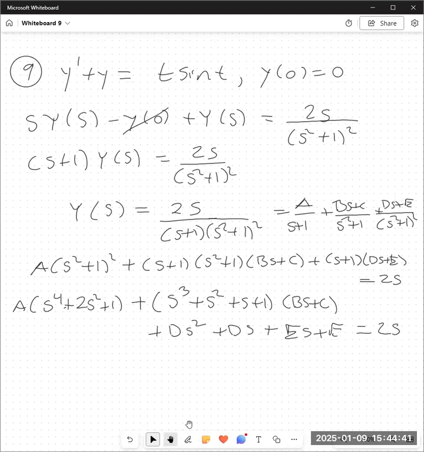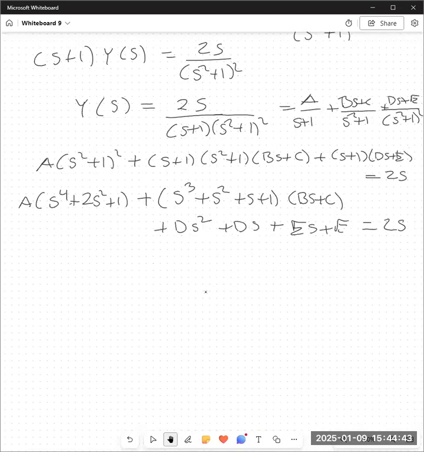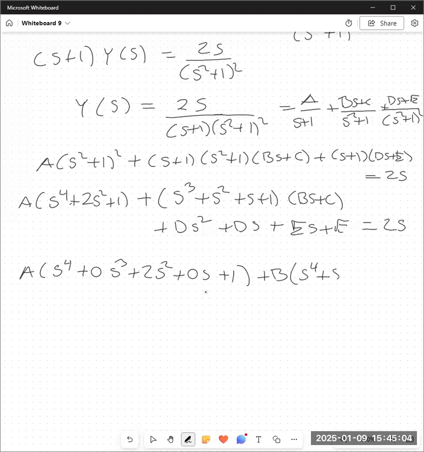I have a times s to the 4th plus 0 s to the 3rd plus 2s squared plus 0s plus 1, plus b times s to the fourth plus s to the third plus s squared plus s plus 0, plus d